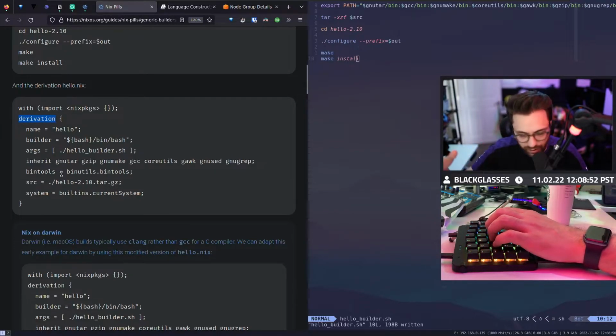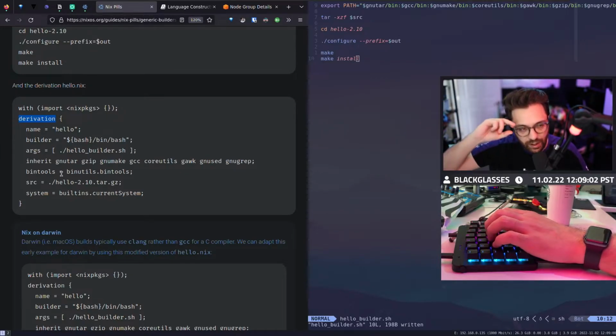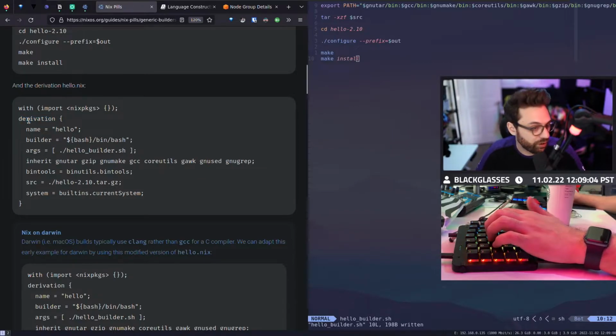Before any of you guys got here, we were talking about building with Nix and how in the Nix world we call a package really a derivation, which is just a series of changes with an output. So in this case, we're going to build some software, a derivation of that. It's going to be named hello. The builder is going to be bash, so technically it just means we're going to start a bash shell, and then we're going to give it the args of hello builder.